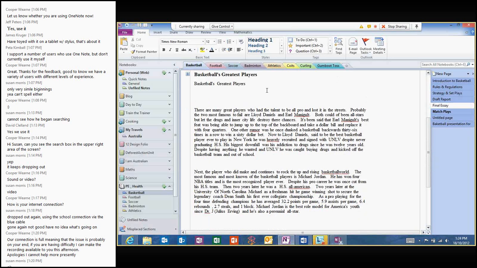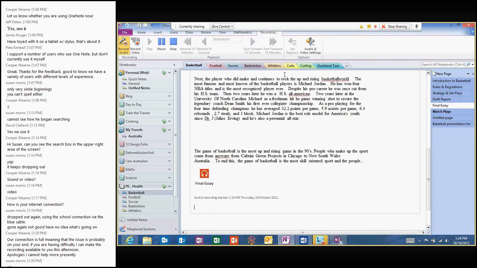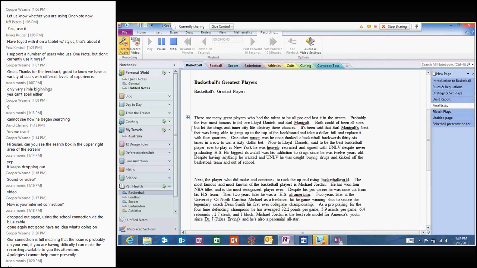So if the student had done this essay and they've put it into OneNote here, I can now insert, record audio, sorry, I went on mute. So I don't know where I dropped off there, but